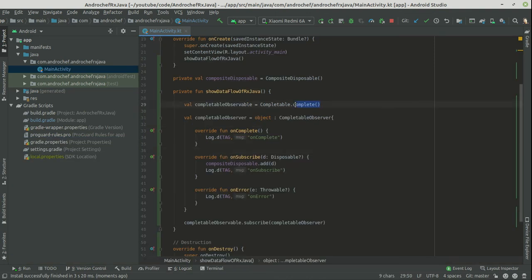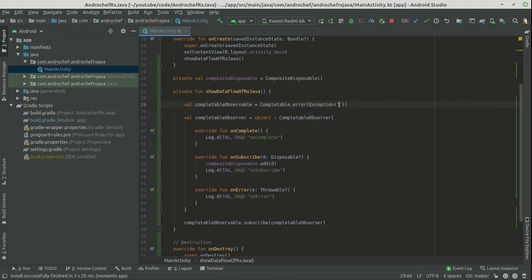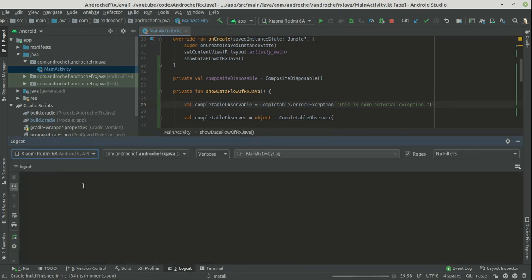So let's invoke error also. We'll use error, and there we can throw an exception, which will be called, this is some internal exception. And we will run again, and we will remove these logs also.